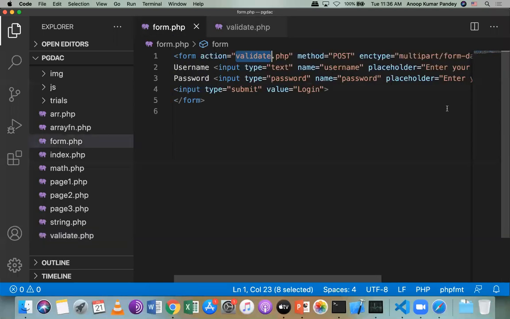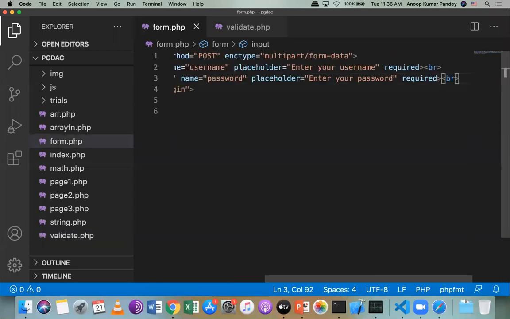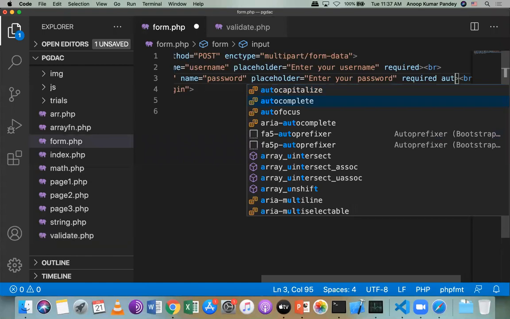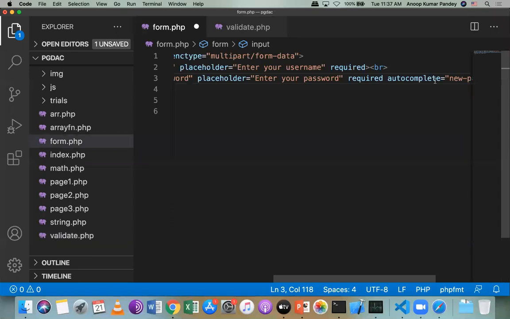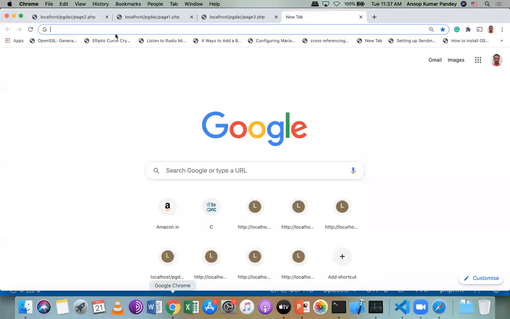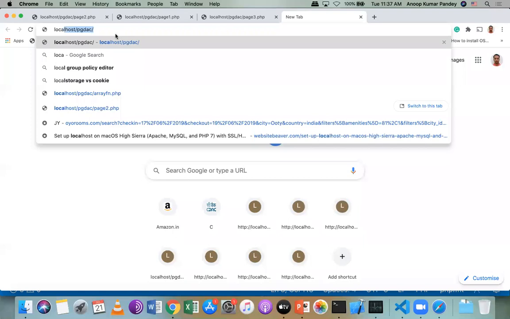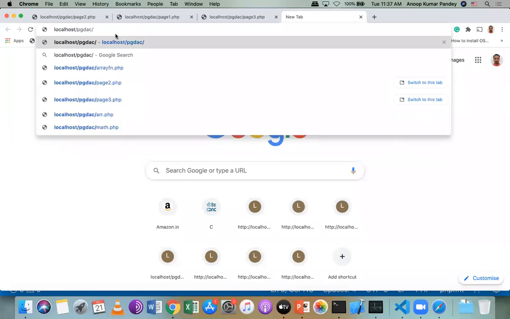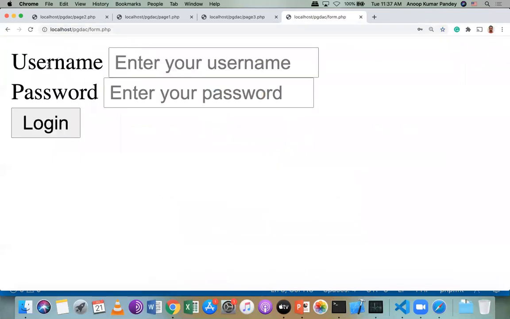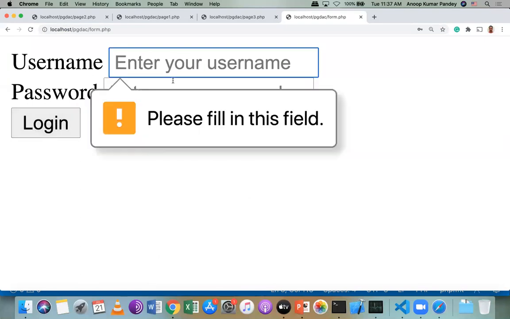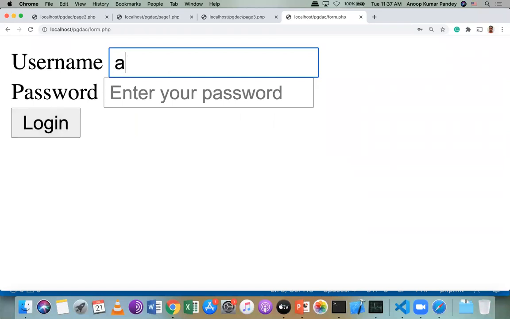And in the form I will use autocomplete equal to new-password, so that it is blank. So localhost/pgdax/form.php. It is asking you to enter your username and password. If I directly click on login, it will say please fill in the form, because I have set it to required mode. So suppose my username is Anup and password is